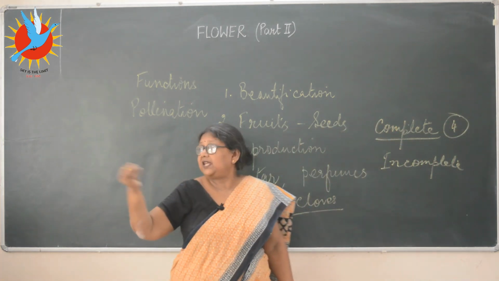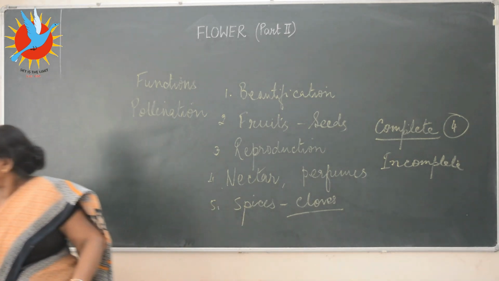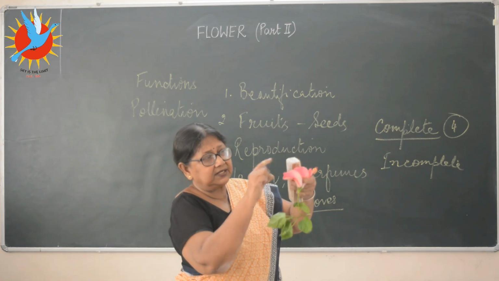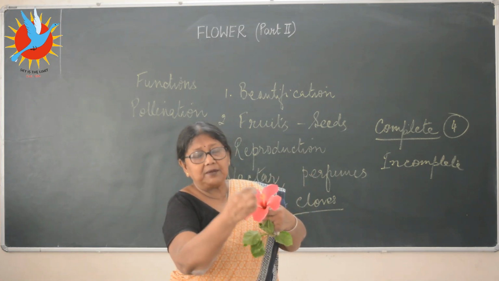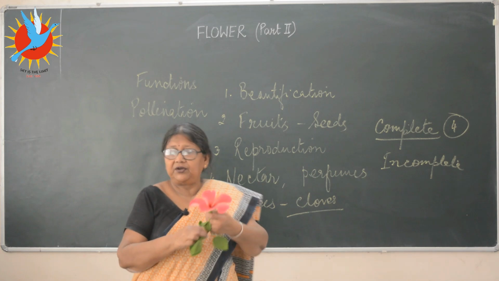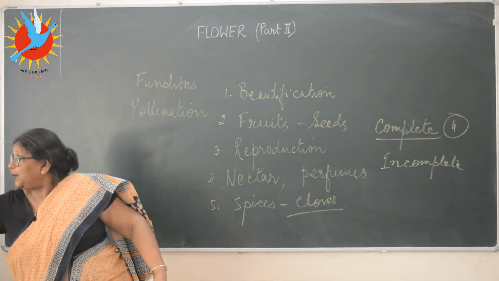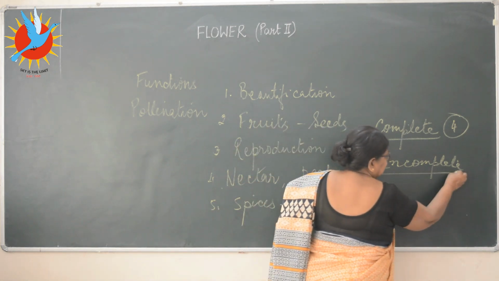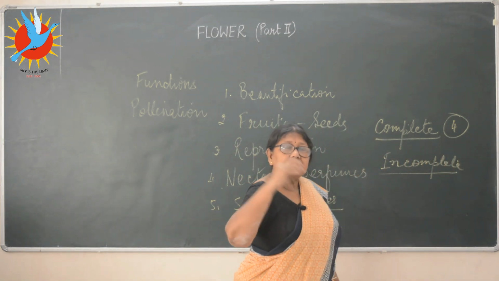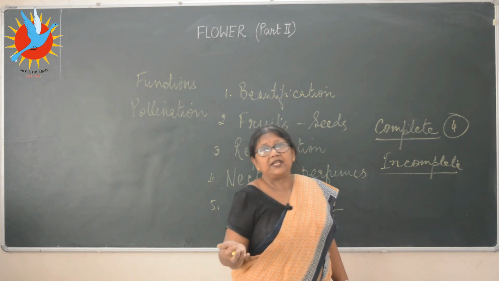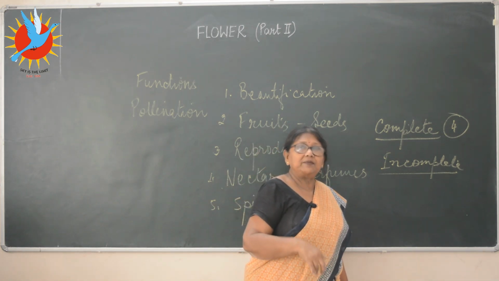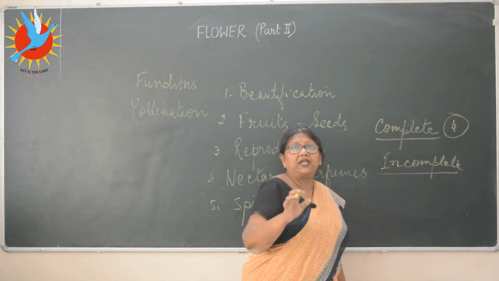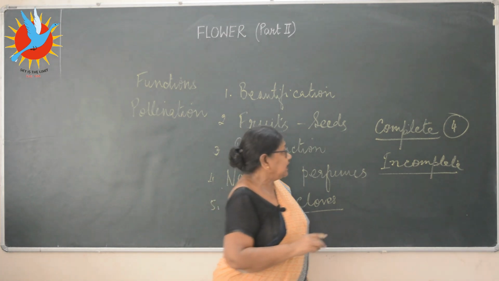Like we have seen the other day, the hibiscus. This hibiscus flower or the China rose, you have seen calyx, corolla, androecium, and in the center the gynoecium whorl, right? And which one is called the incomplete flower? The flower which does not have all the four whorls. They might have calyx, corolla, may not have androecium, gynoecium, or they may have androecium, they may not have gynoecium. So if any one of the four whorls is absent, it will be incomplete.